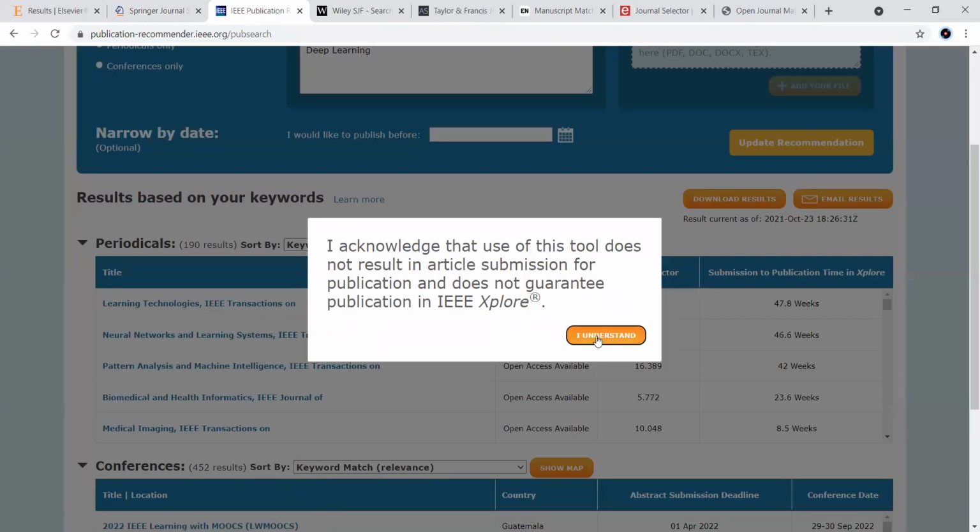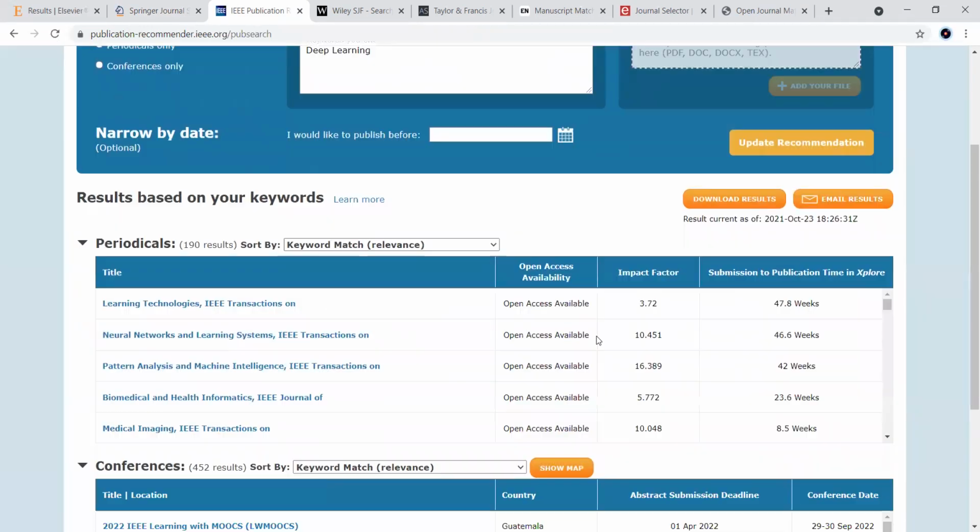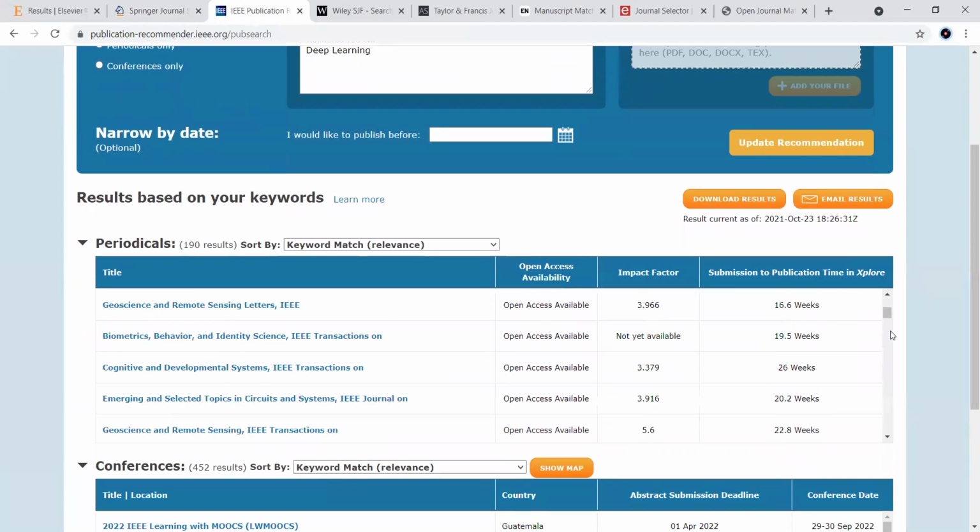It shows how much time it will take from submission to acceptance to publication, how much the impact factor is, and a number of other things.